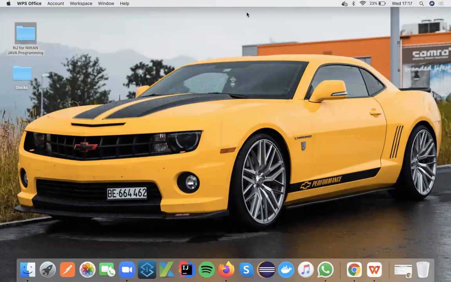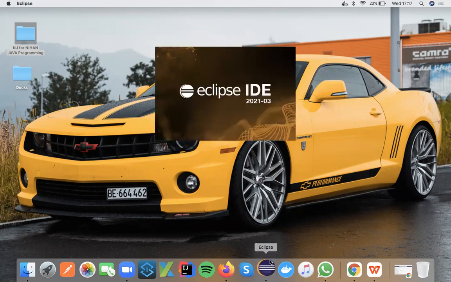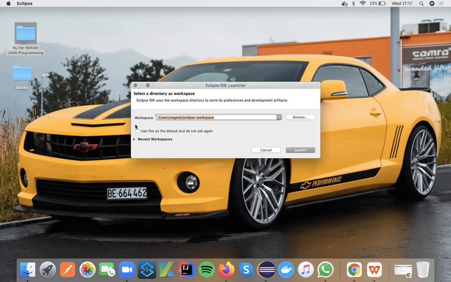In the earlier class we discussed how to download Eclipse and how to install it. The moment you install Eclipse, you can see this Eclipse icon. In Mac you can see Eclipse, and in Windows also you can see the Eclipse icon. So we have to start here, and when you click on this, it will tell you to create a workspace